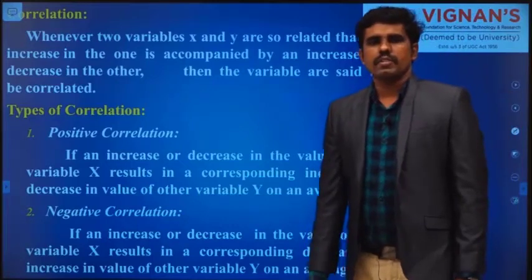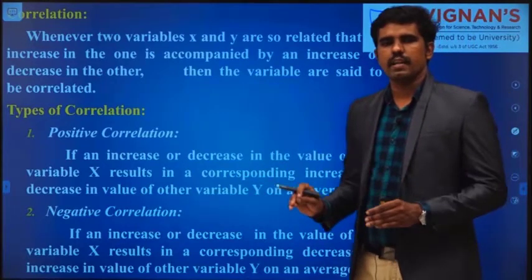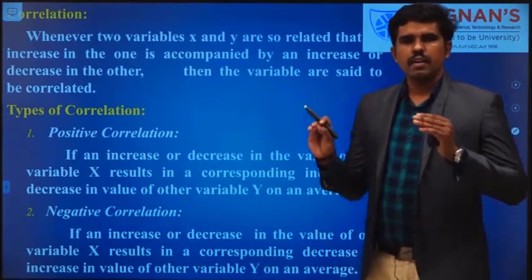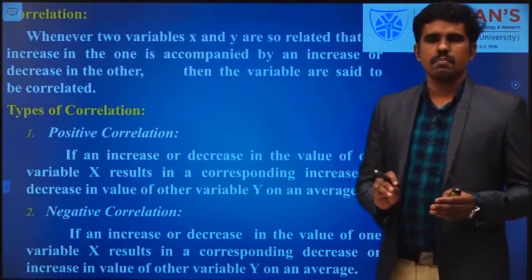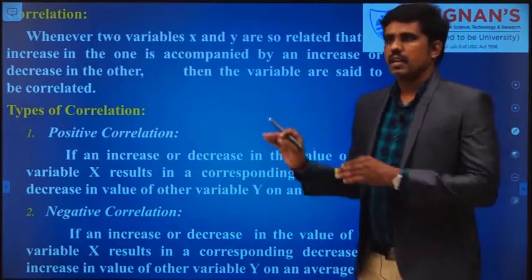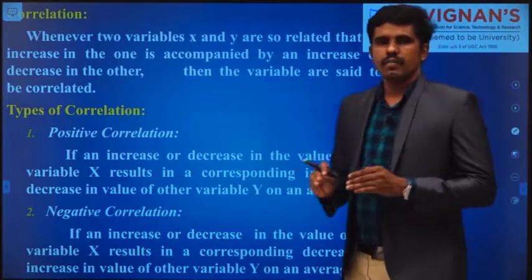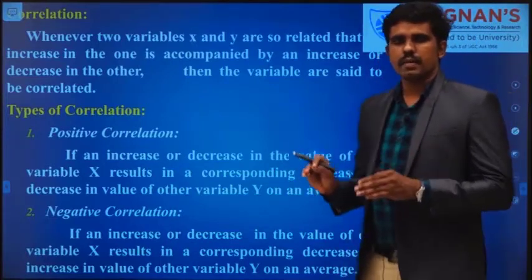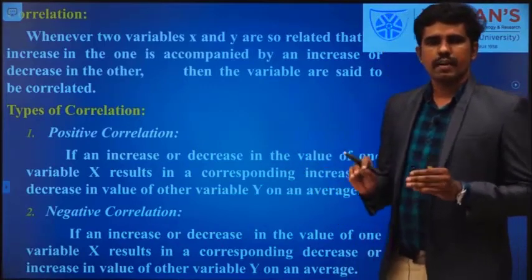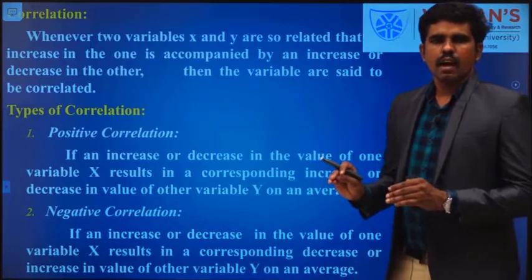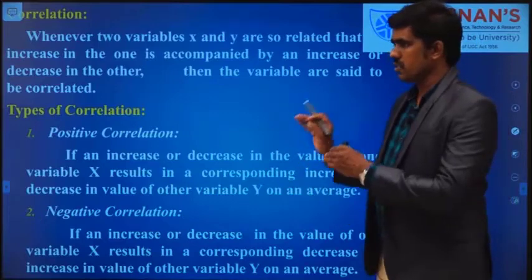Next topic is correlation. This is also to measure the value. Actually, covariance is for finding the relationship, that is, the direction of the relationship. Here, also, we are going to measure the relationship, and in particular the strength of that relationship. Covariance means we can find the relationship, that's all. Here, how much it is related, that strength, we can also measure in this correlation topic.